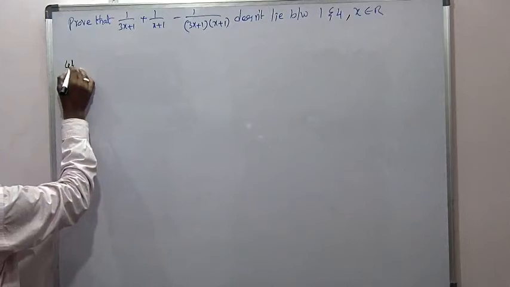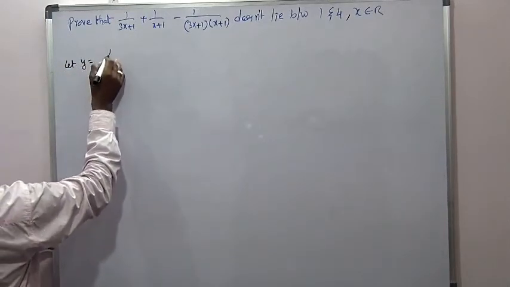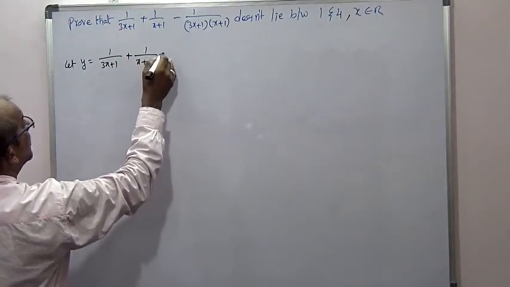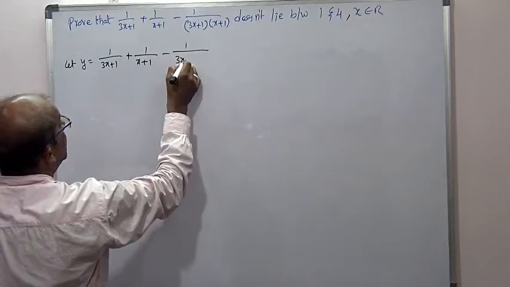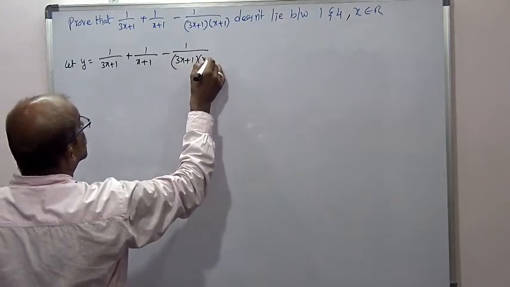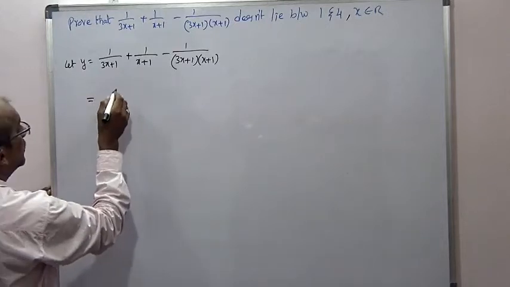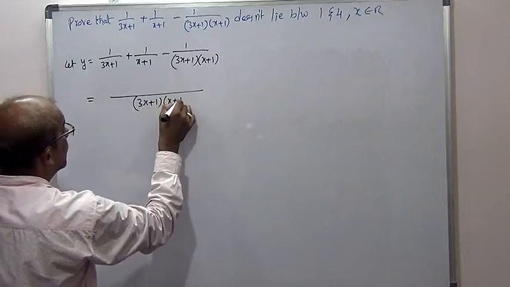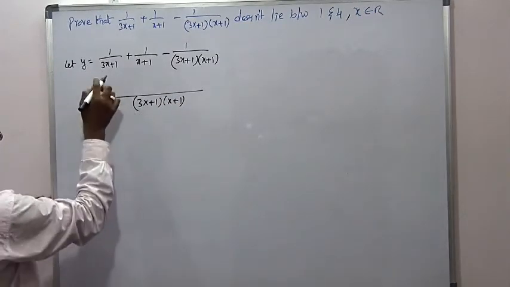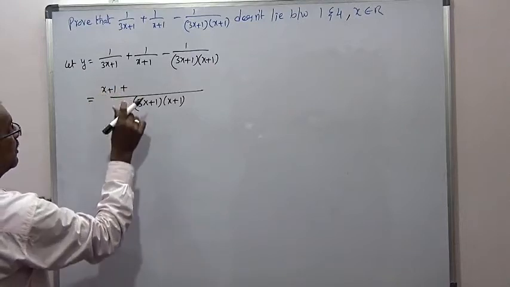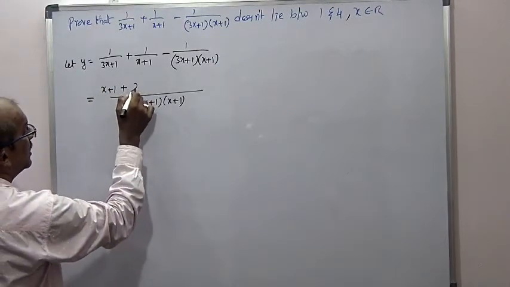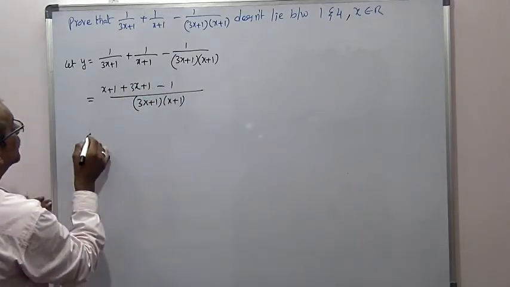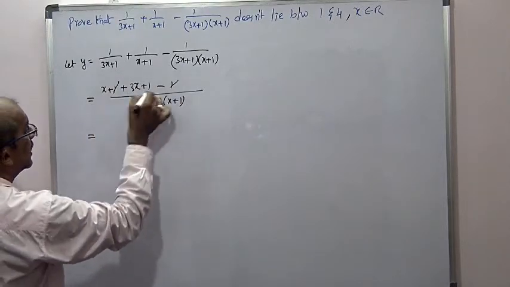Again, let y = 1/(3x+1) + 1/(x+1) − 1/((3x+1)(x+1)). The LCM is (3x+1)(x+1). The 3x+1 and 3x+1 get cancelled, x+1 and x+1 get cancelled, and 3x+1 minus 1...